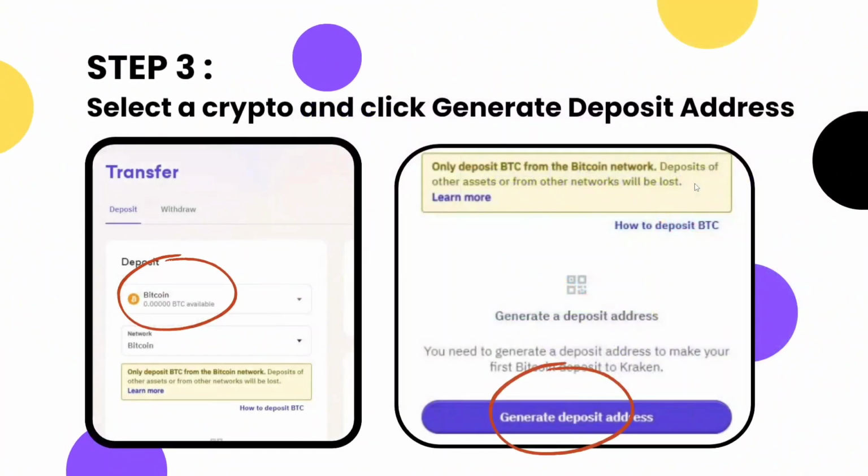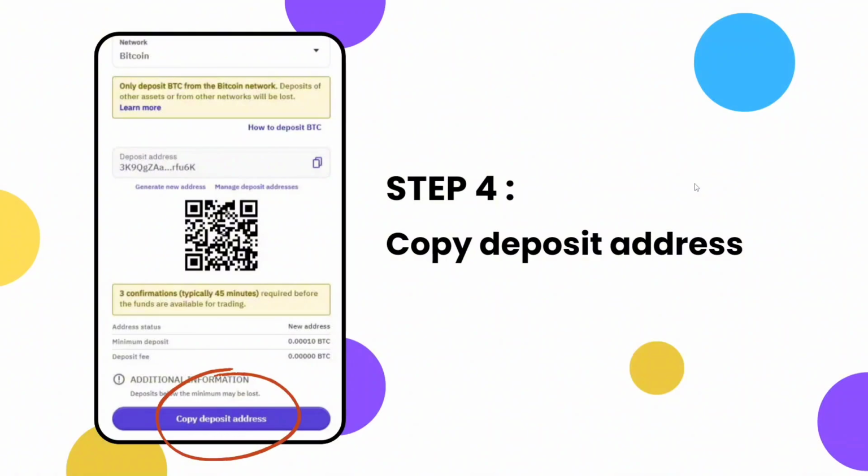The transfer button will show you an interface where you can deposit or withdraw. Click the deposit tab and then select an asset that you wish to deposit. And then scroll a little until you find the generate deposit address that is in violet tone. After clicking this, it will generate a deposit address that you have to copy since we need to use it